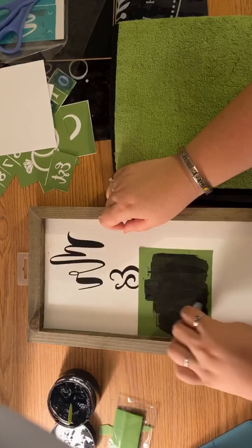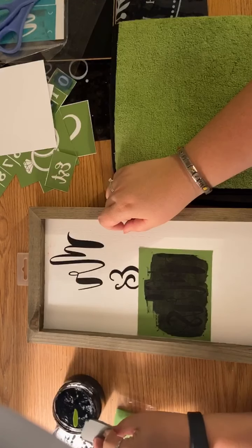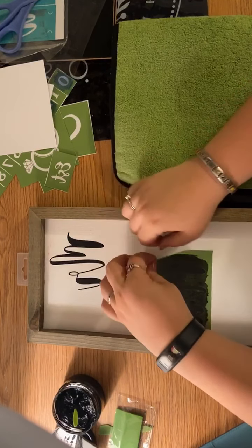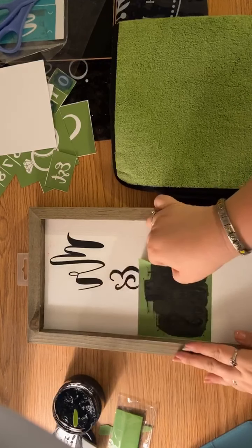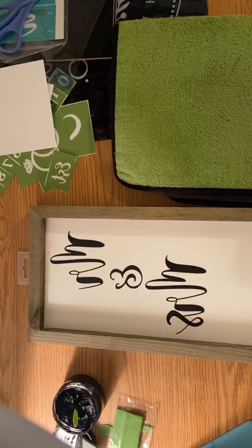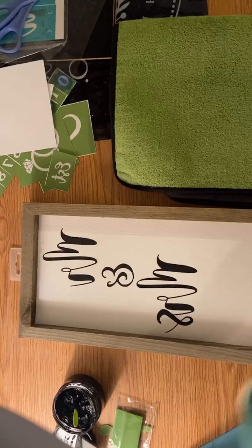And put it back in the jar. And then I'm going to go ahead and peel this up. Oh, I like that. If you like what you're seeing, would you throw me some hearts, please? All right. I've got some black paste on my hands, so I'm going to grab a handy dandy Clorox wipe,